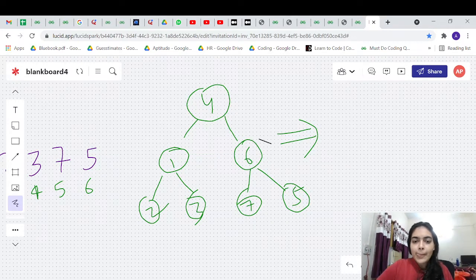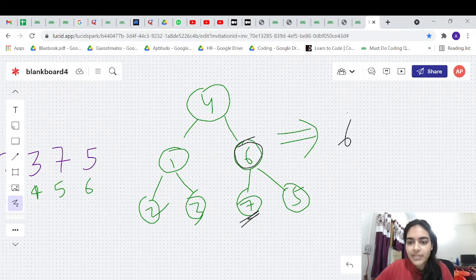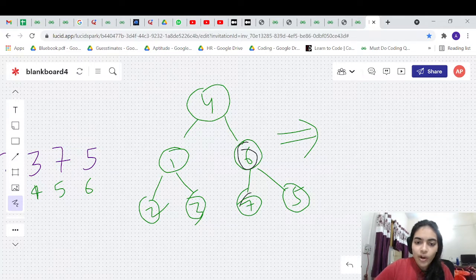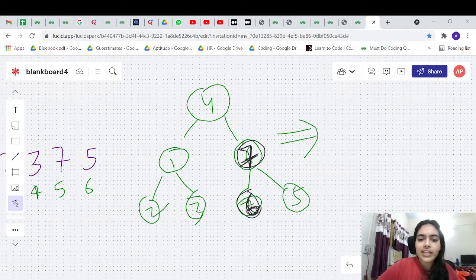Let's repeat again. This part is not a max heap. Why? Because 6 is a value that is smaller than 7. This is not accepted. 6 is a parent, and the parent should be greater than the child, which is 7. So we don't like this because 6 is smaller than 7. We have to convert it to a max heap, so we swap it with its child. We make 7 come here, we make 6 come this side. Now this part is fine, right?